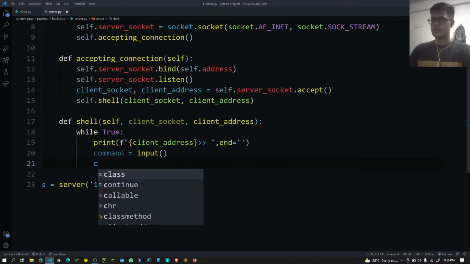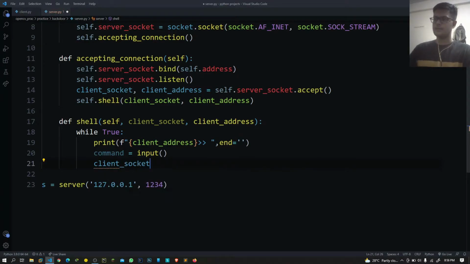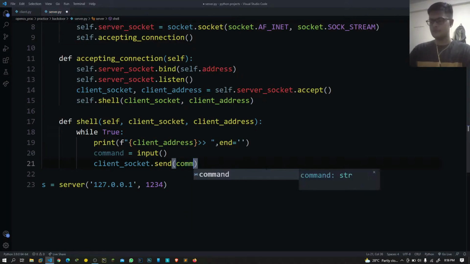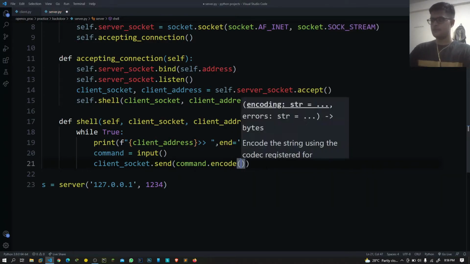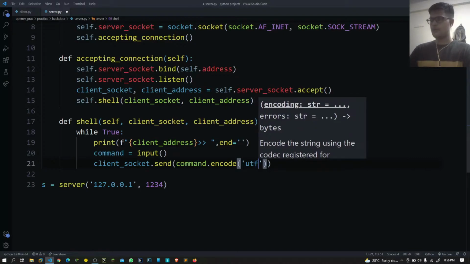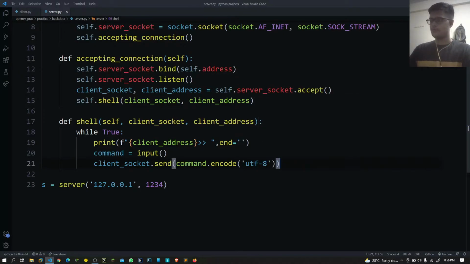So client_socket, which we have mentioned in the parameters, has to send the command in an encoded format, and that encoding will be UTF-8, and then it will send the command.